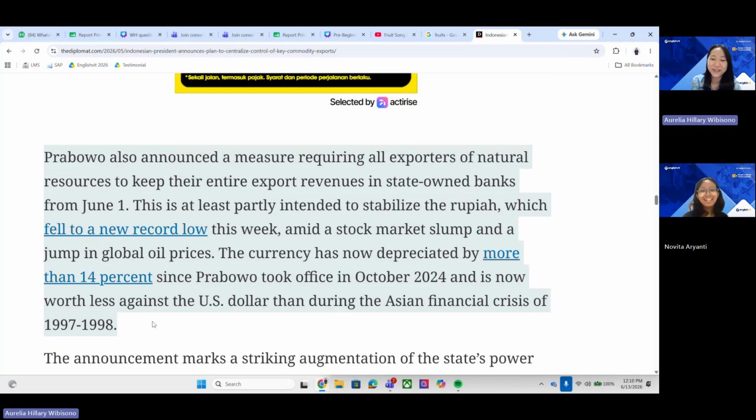Yeah, it's getting lower day by day. Amid a stock market slump and a jump in global oil prices, the currency has now